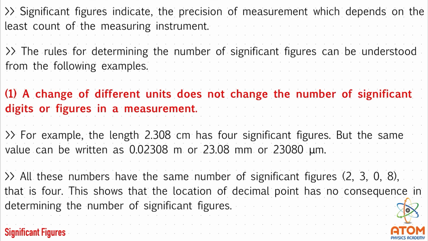I know you might have some question about these 2 zeros and this 0 as well, because if I say that the number of significant figures is 4 here, and here also there are 4, and here also there are 4, then obviously what about this 0 and these zeros? That is coming next.